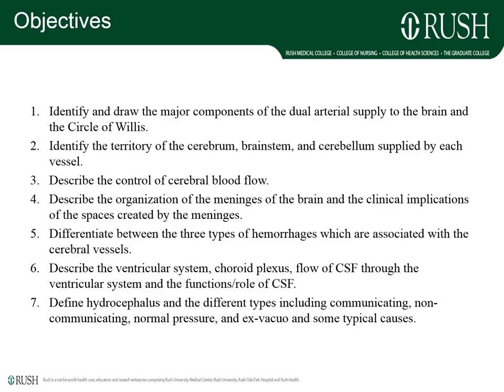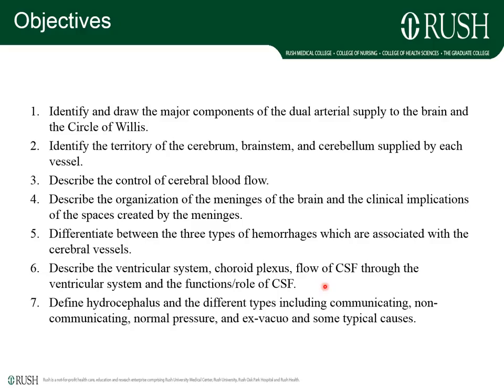When we talk about the blood supply, we're interested in the dual arterial supply to the brain first, the territory supplied for the cerebrum, the brainstem, and the cerebellum, and each of the vessels that supply those. The control of cerebral blood flow, and then the meninges of the brain and the clinical implications of the spaces between those meninges. We'll look at different kinds of hemorrhages that are associated with the cerebral vessels, as well as